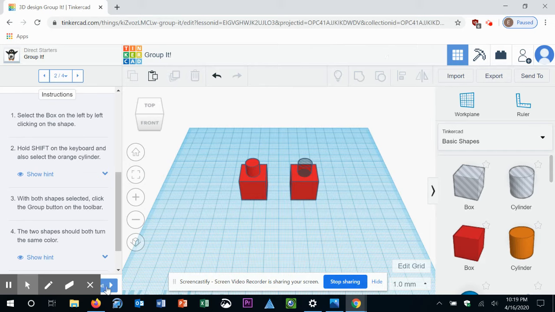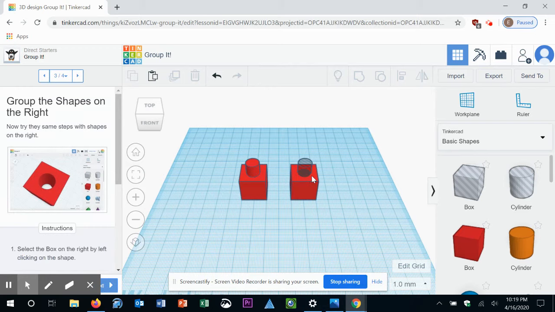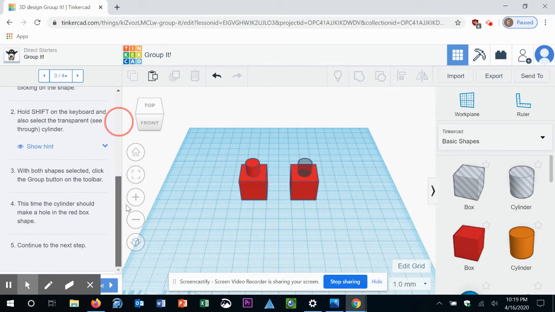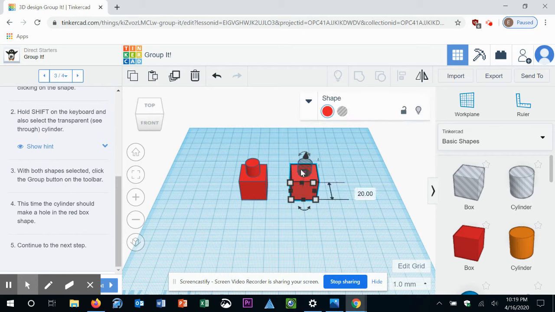Now we click the next button because we're all the same color. Now we're going to do it with the one with the hole on the side. So we're going to do the same thing. Click the button, shift key down, and we're going to click on this little cylinder part. You can see that it's all highlighted. Hit the group button,